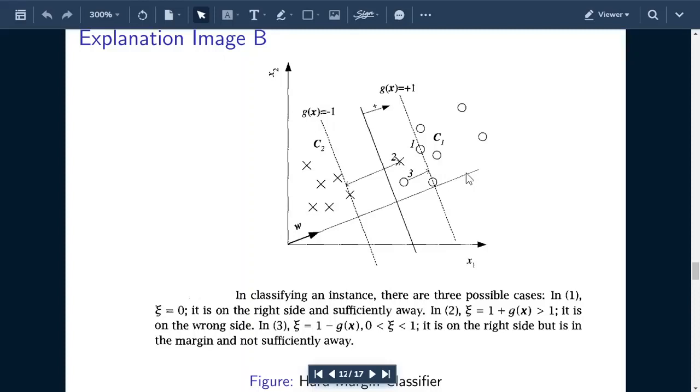So for all the points which are on the wrong side of the hyperplane, please listen carefully. For all those instances or points which are on the wrong side of the hyperplane, for instance here 2, the input instance 2, we are going to penalize them with some slack variable greater than 1. So their slack variable is greater than 1. For all the points which are on the correct side of the hyperplane, but between the margin, I wanted them to be beyond the margin, but they're between the margin. So I should say that, okay, you did some mistake. I will penalize you a bit, but not too much. So their slack variable is going to be between 0 to 1.